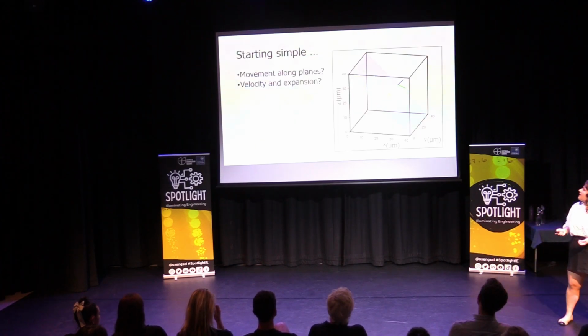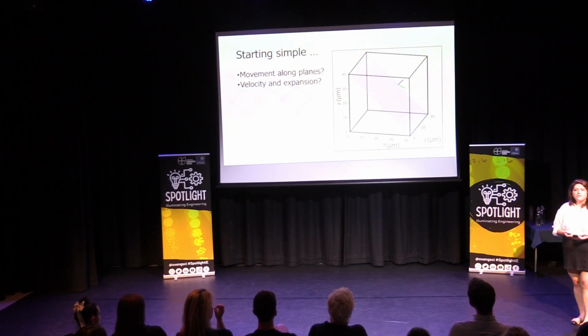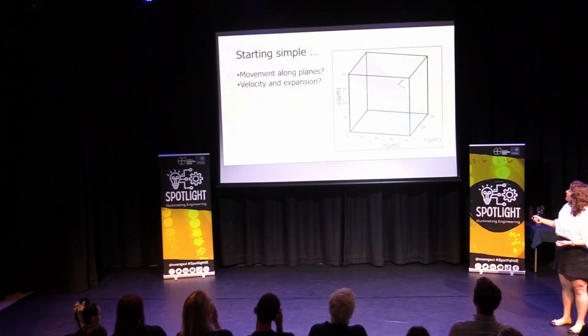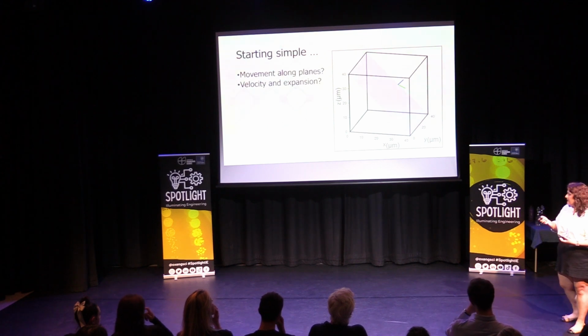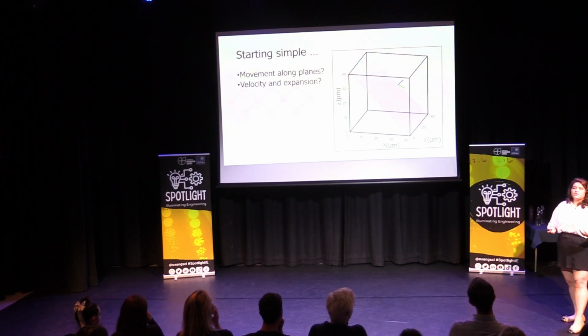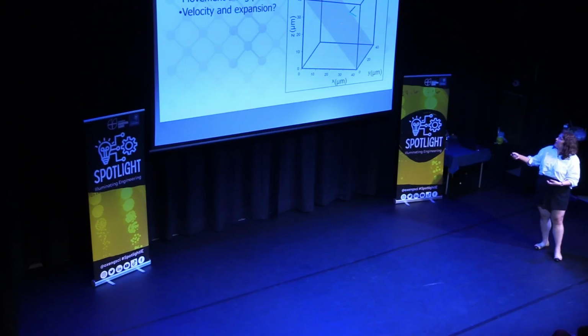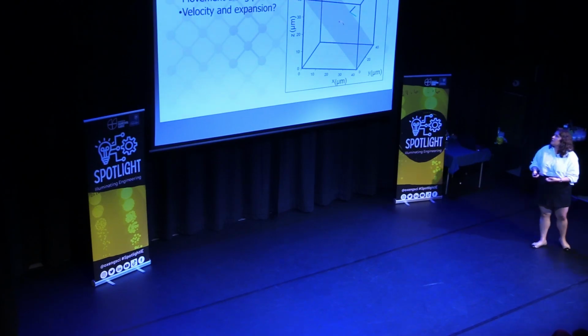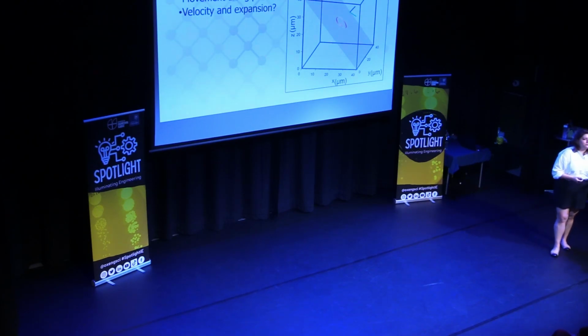So what I do is look at how those dislocations move. I have here on the right a video, and what I want you to take away from this is that the dislocation is moving on a certain plane. The box itself is basically a chunk of crystal, 40 by 40 by 40 microns. I'm interested in looking at how that dislocation moves on certain planes, and then how fast it's moving and